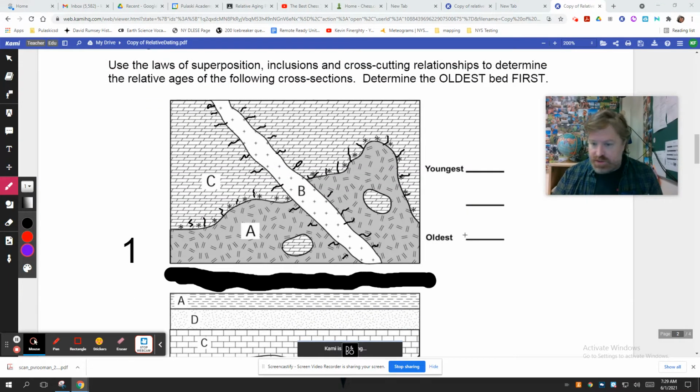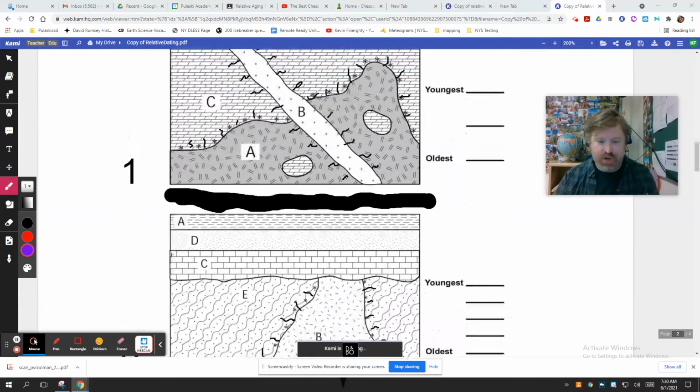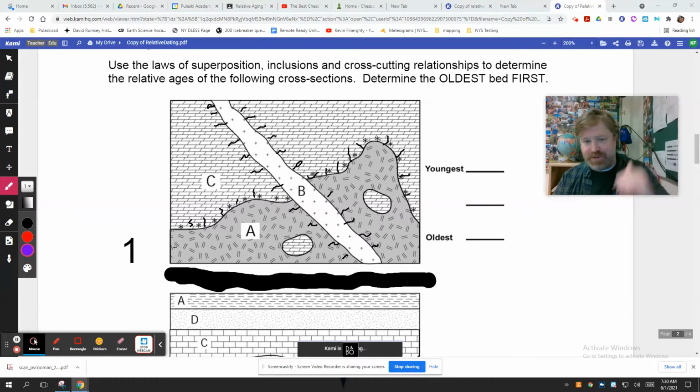So what do we got here? And this, again, I told you in the notes, this is what they'll look like, where you have to give me what happened first, what happened second, what happened third. So on this one, the usual tempting thing you want to do is to go down to the bottom and start from the bottom to the top. But in this one, this contact metamorphism all over the place confuses that a little bit. The oldest one is actually going to be C